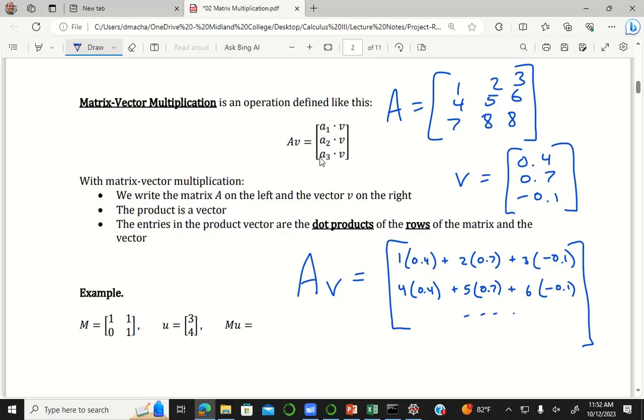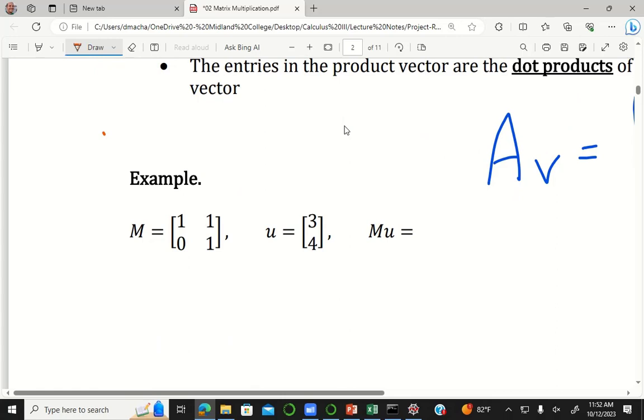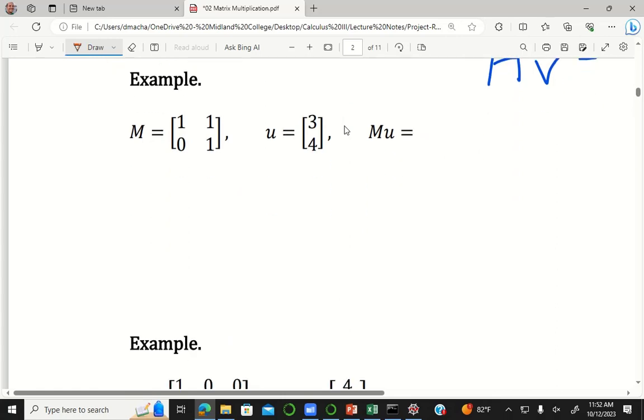So we always write the matrix A on the left and the vector V on the right. The product is going to be a vector. And I already kind of explained how to compute this. Let's do one of the easier examples that I typed out here. Like if I have the matrix M being this one, 1, 1, 0, 1, and U is 3 and 4, M times U is going to be a